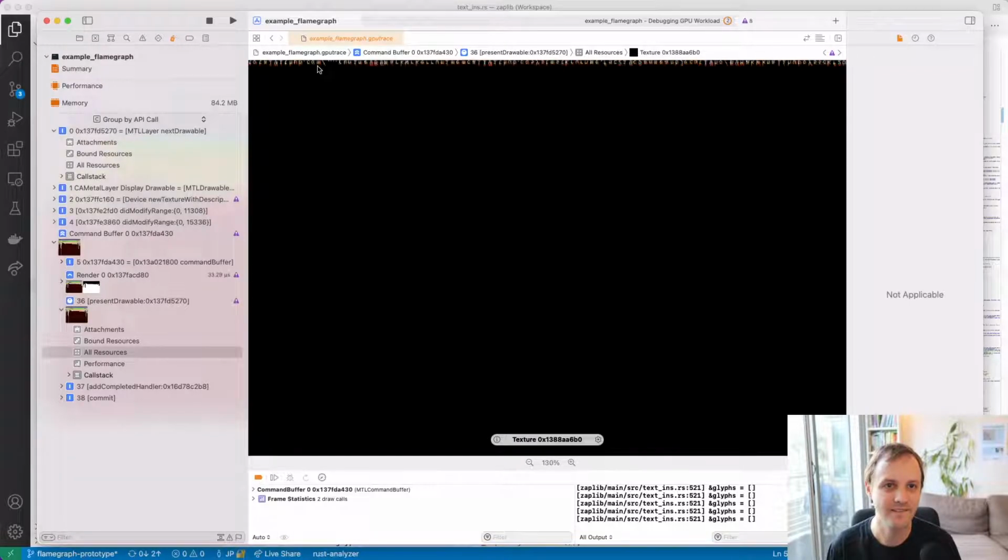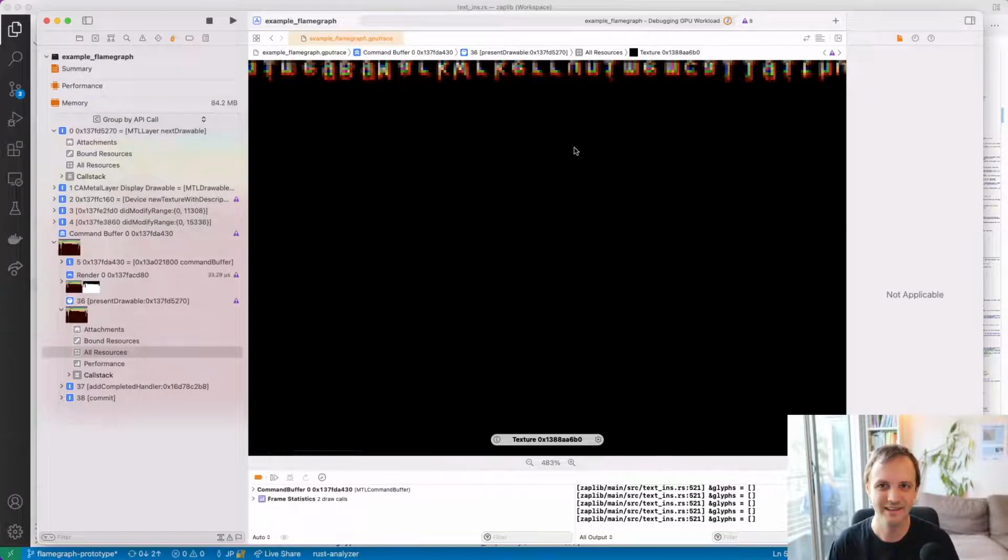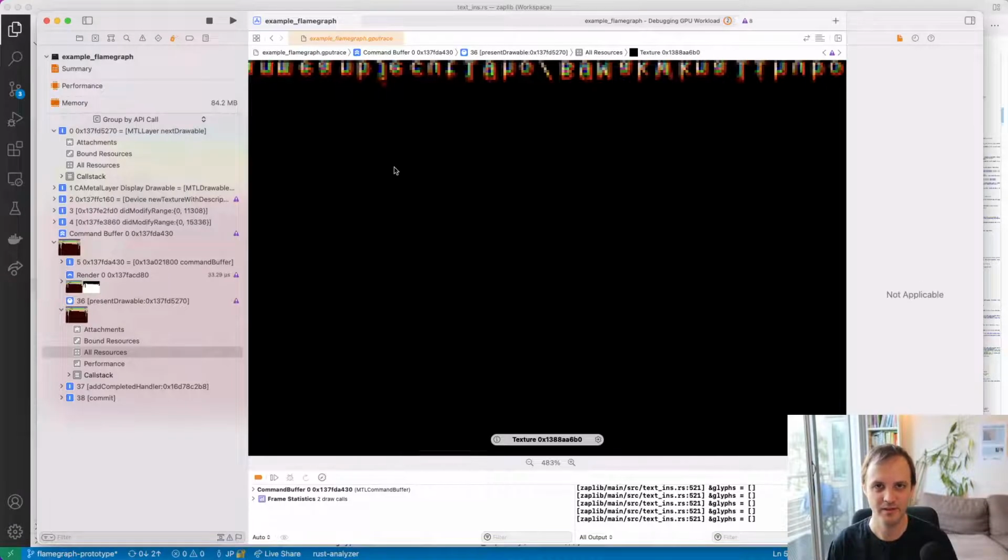Aha. Okay. So this is our atlas. The letters are upside down. And you can see the different colors, I guess representing the different MIP map representations. So that's fun. I wonder if we can just look at red, for example, if we can filter this